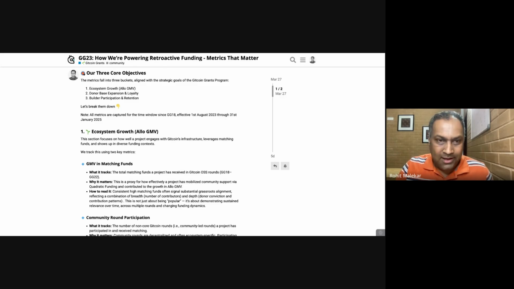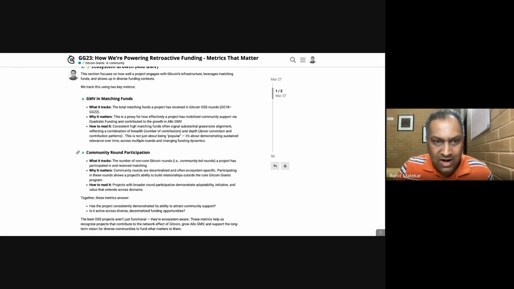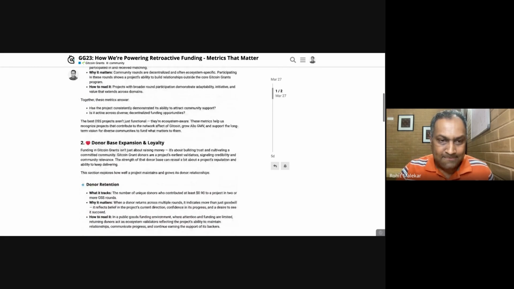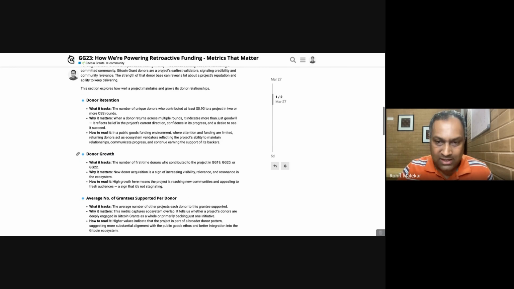So yeah, real quick, in terms of Allo GMV, we look at the amount of matching funds that the project has earned over this period. How many of these projects have participated in rounds that Gitcoin doesn't necessarily host as part of the core rounds, but they help bring in more donors into the fold. In terms of donor base, we're tracking how many donors were retained round after round, as well as how many new donors were attracted to